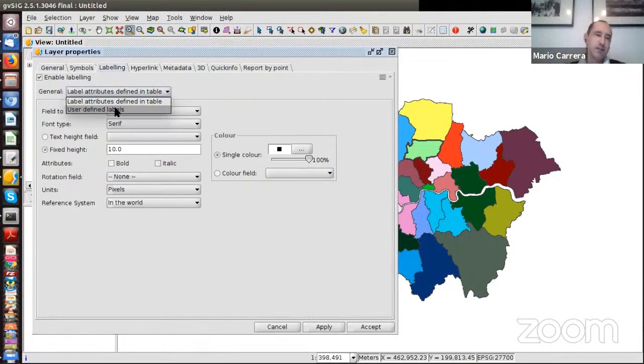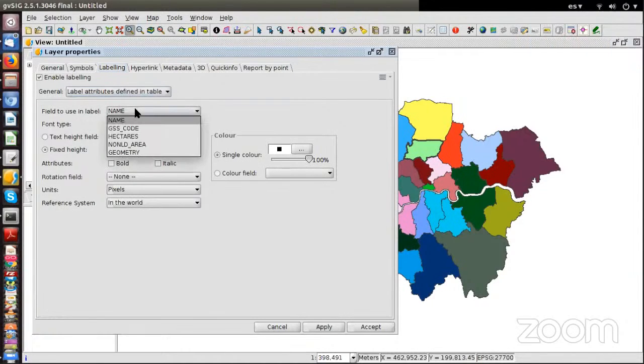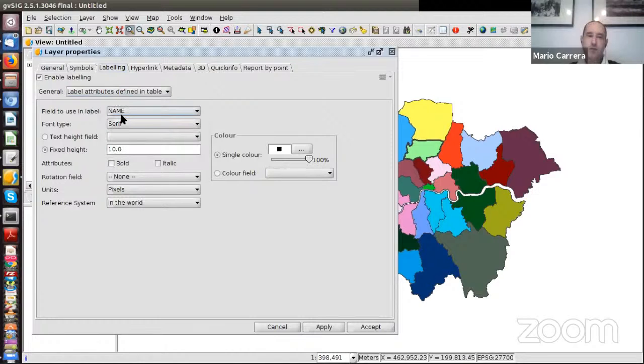So it's the advanced labeling. We're going to select the first one, the label attributes defined in table. The field is name, the name of the boroughs. If we have a field with the height, we can select this option, but we don't have this field, so we are going to select